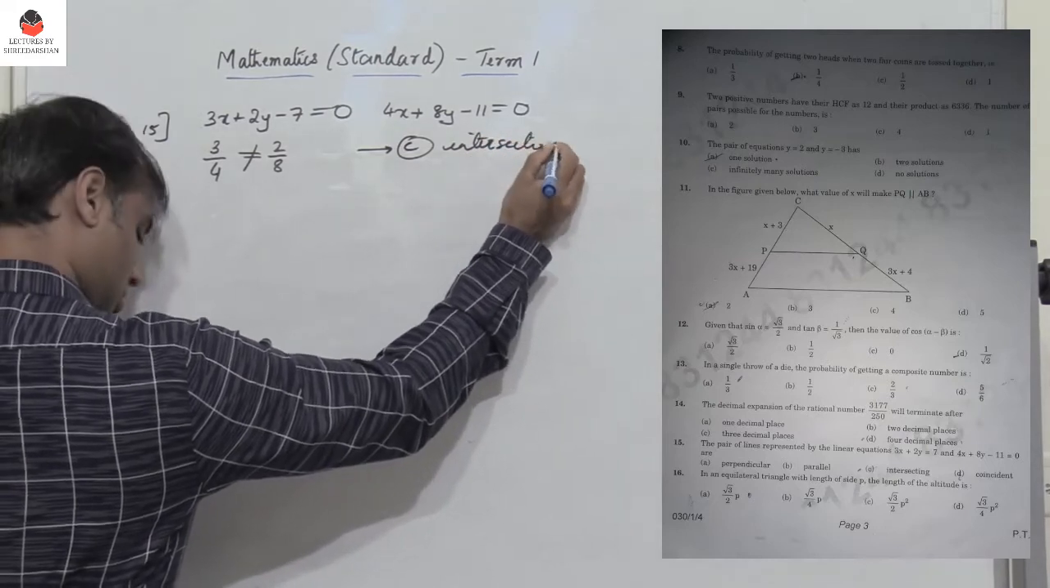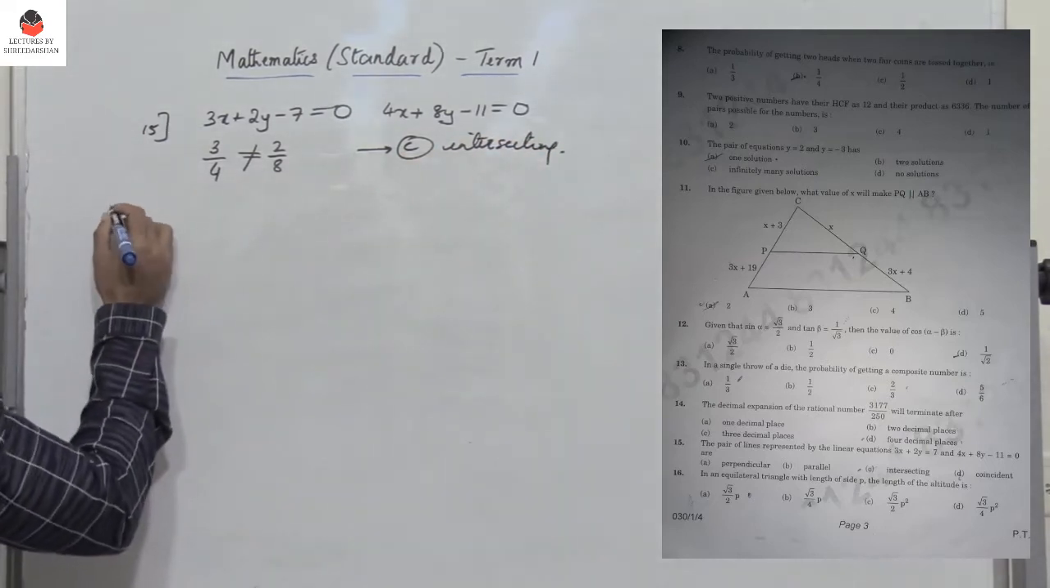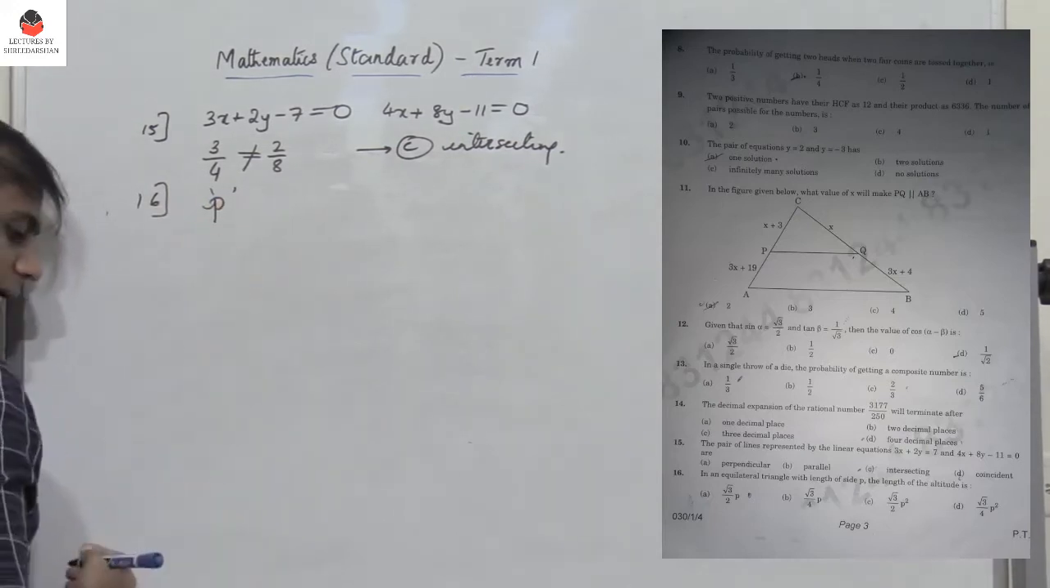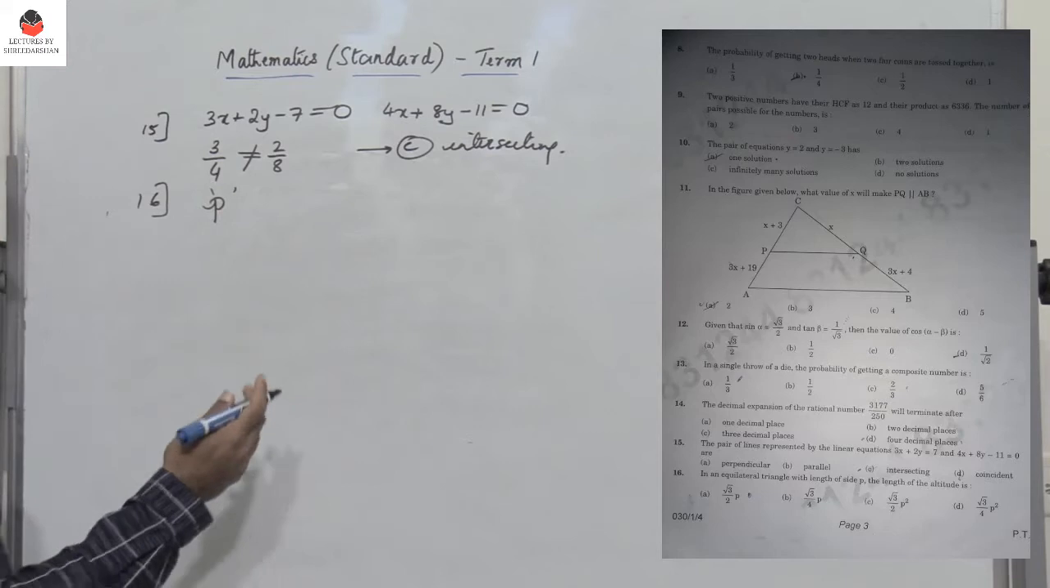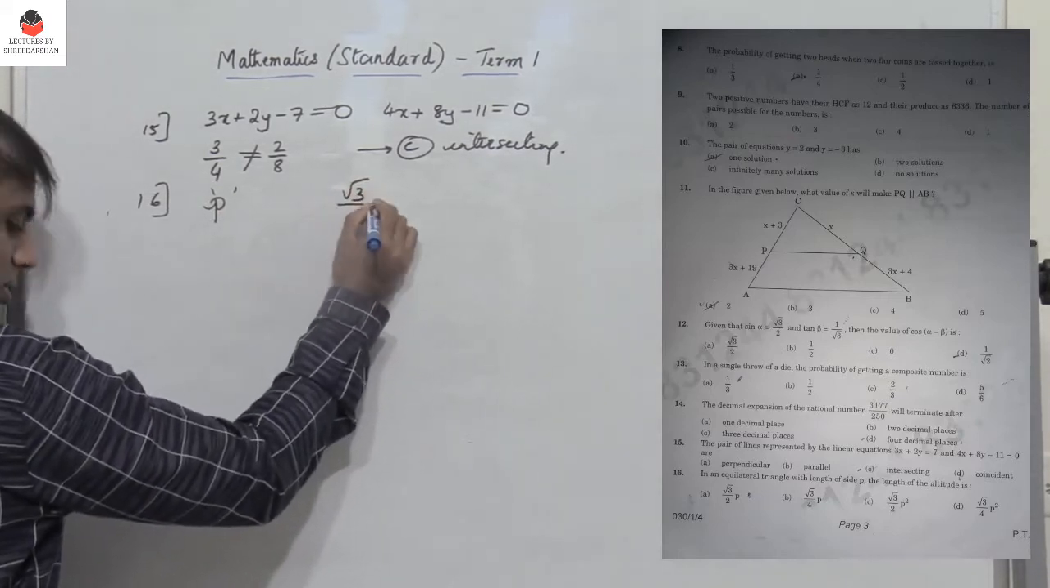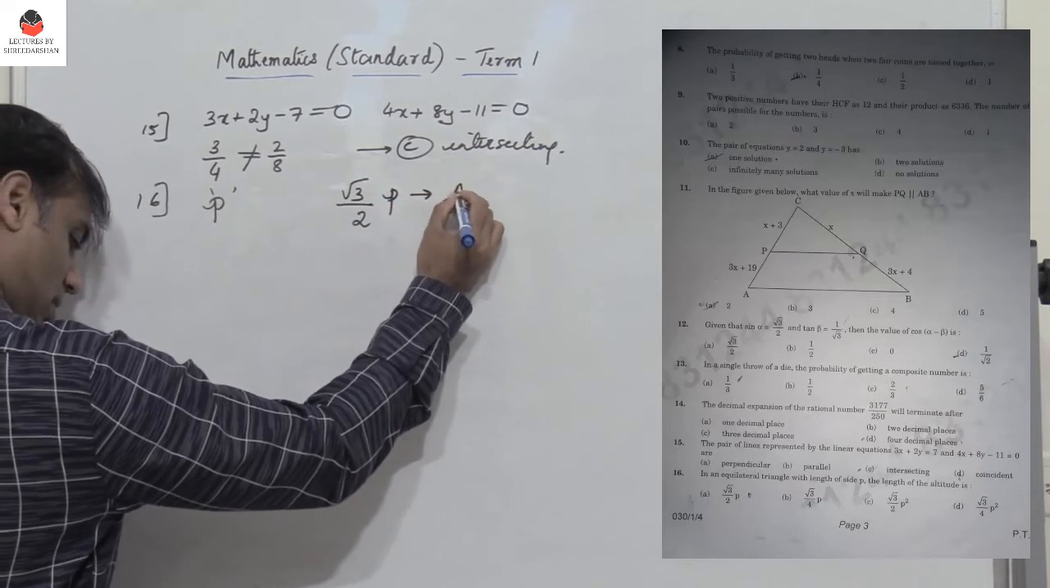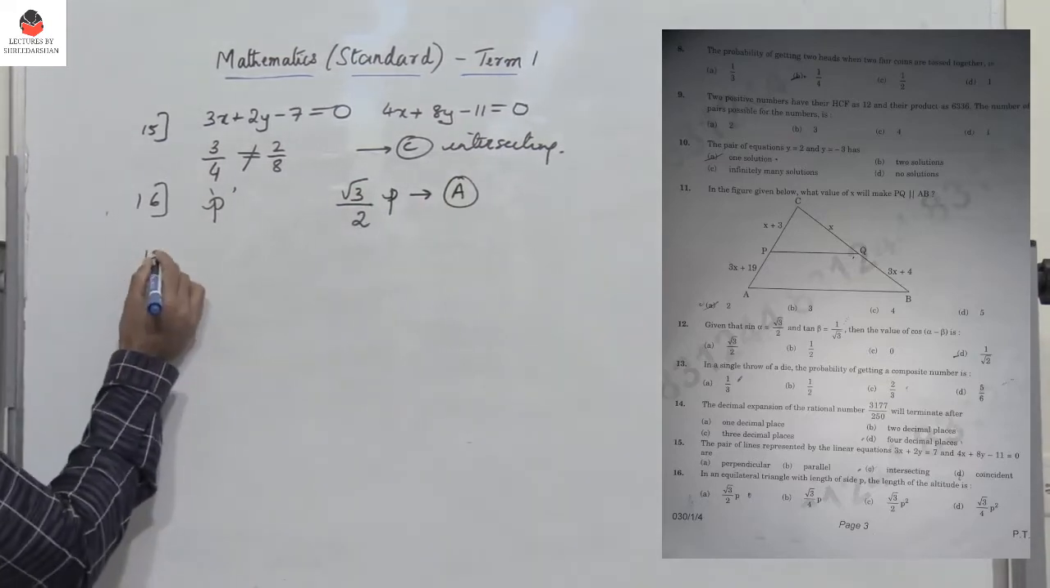Next one, 16th one, an equilateral triangle of side P will have length of an altitude. So this is a very well known expression, root 3 by 2 into P. So this is option A. 17th one,